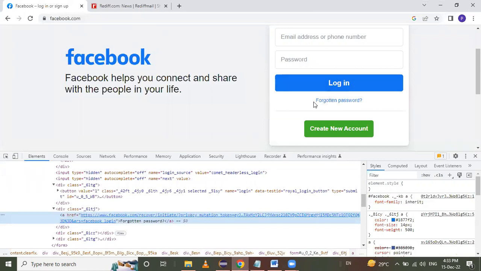In this web element, whichever text is present here, with the help of the getText method we can print it in the console, like Create New Account, Forgot Password, Login. Any text we can identify from the web element and print in the console. So see here,